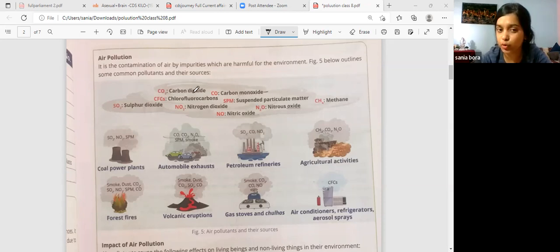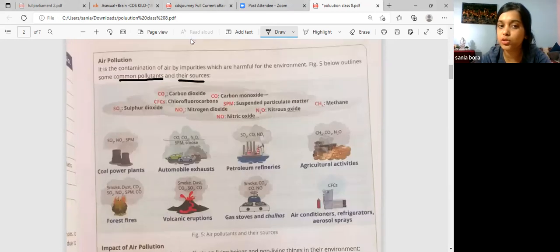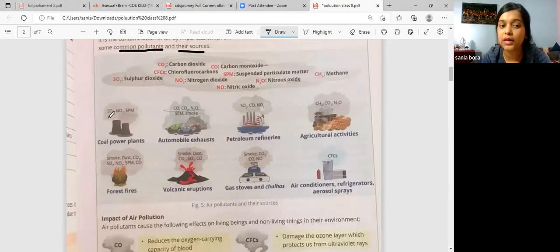CO2, carbon dioxide, chlorofluorocarbons, CFCs, carbon monoxide, CO, SPM, suspended particulate matter, nitrogen dioxide, NO2, NO, nitric oxide, nitrous oxide, methane, sulfur dioxide. These are basically the common pollutants and their sources. Now, the source is from where they are coming. Your SO2, NO2, and SPM